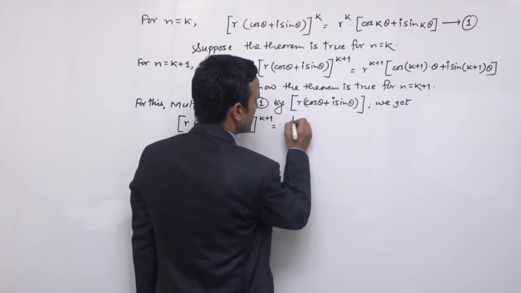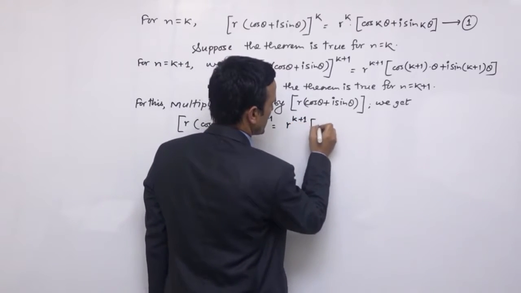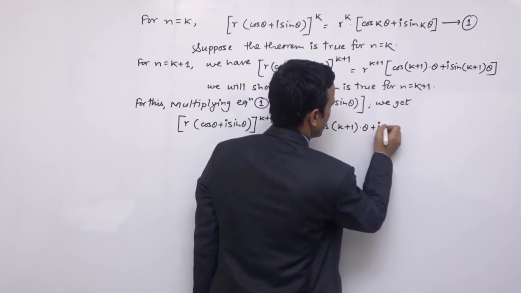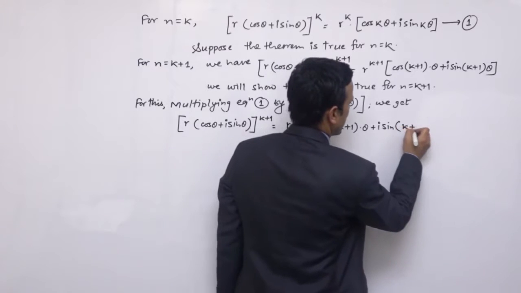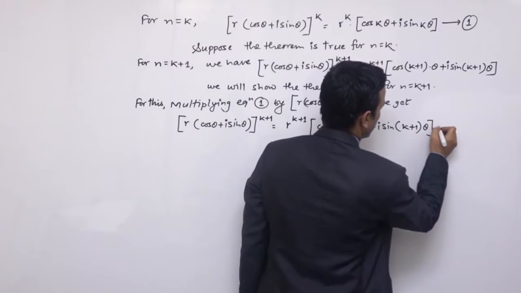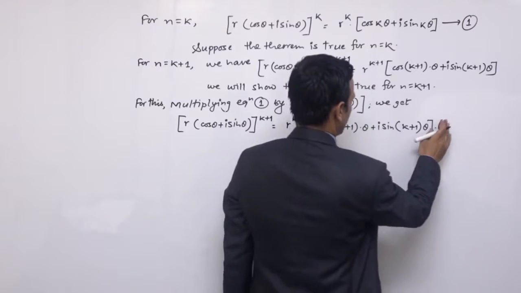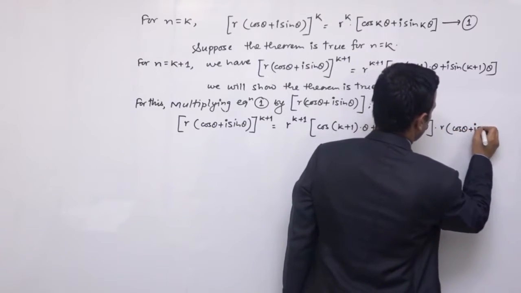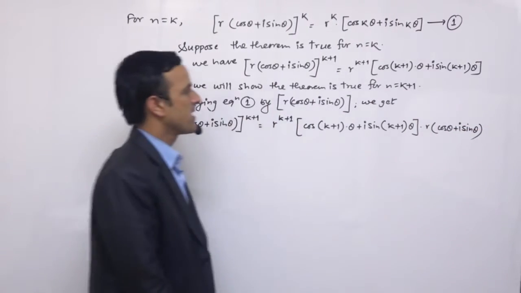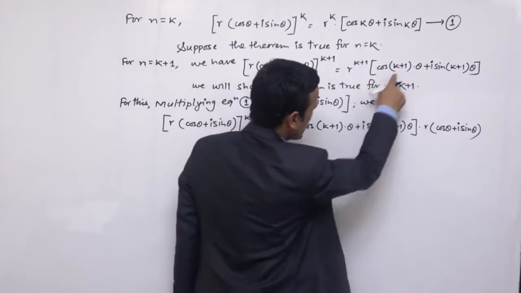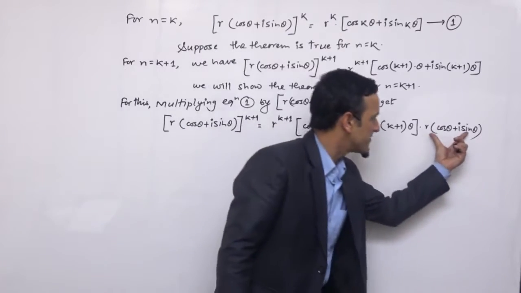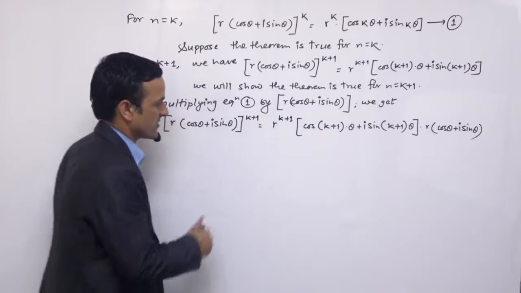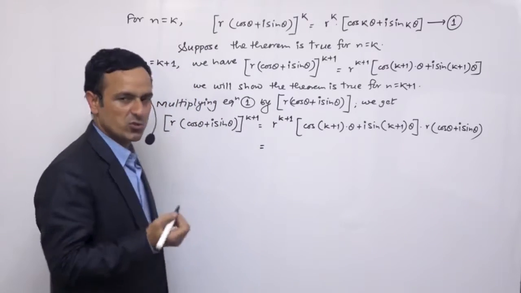Similarly if you multiply this term also by this one, cos k plus 1 times theta i sin k plus 1 times theta into r times cos theta plus i sin theta, so RHS मा भएको यो टर्मलाई पनि हाम्रो यो मल्टिप्लाइङ टर्मले मल्टिप्लाई गर्दा what will be the result, let's see, कस्तो रिजल्ट आउँछ हामी हेरौं।